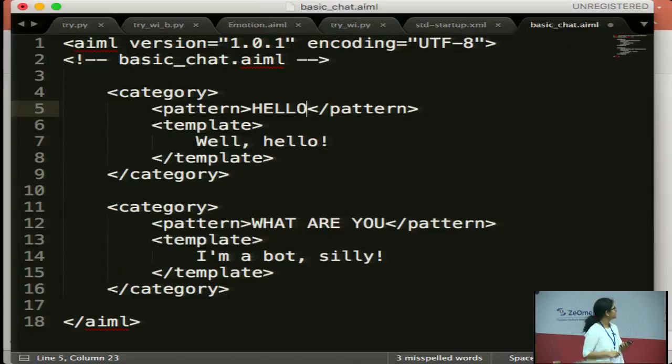The template is the response that the chatbot has to generate. So it generates, well, hello. Then we can define another set of questions and responses. Say another question is, what are you? It responds, I am a bot, silly. So like if I run it right now,